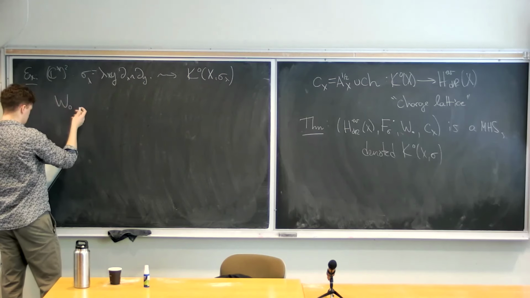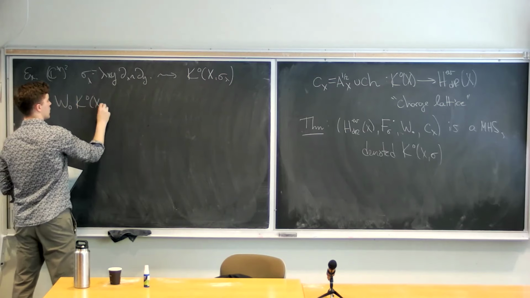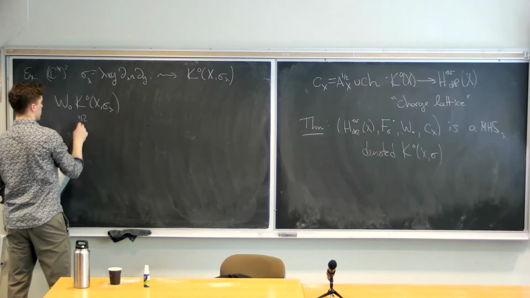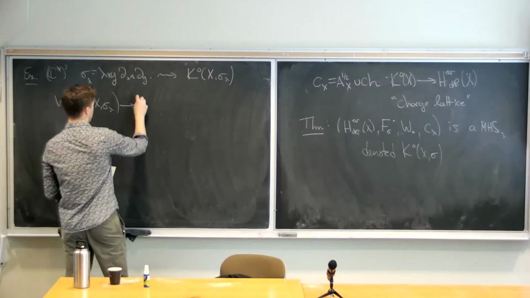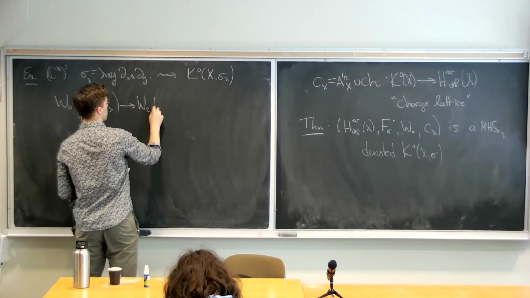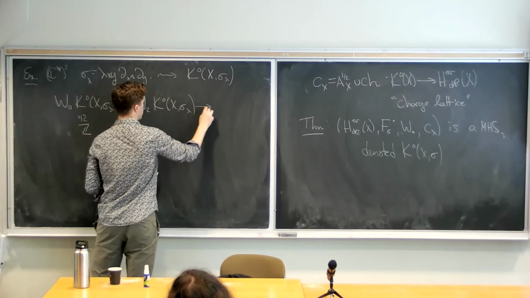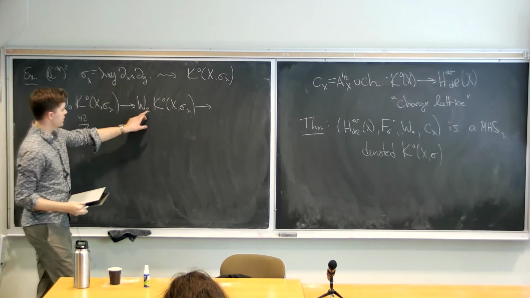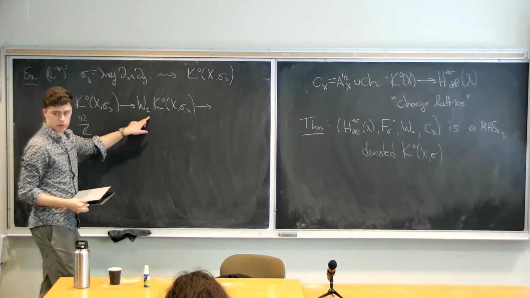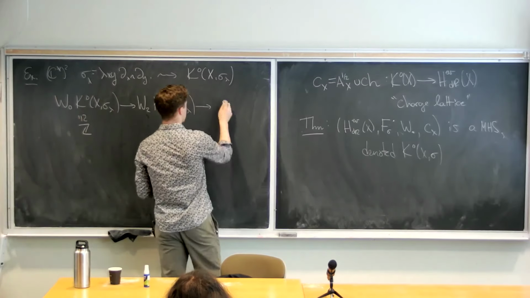I take the weight 0 part of this, which is just Z. This maps into the weight 2 part. I was really brief about what the weight filtration is, but this is going to consist of things which have degree 2 poles. So the quotient is actually Z,